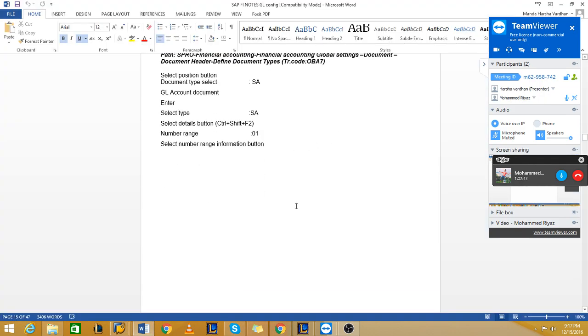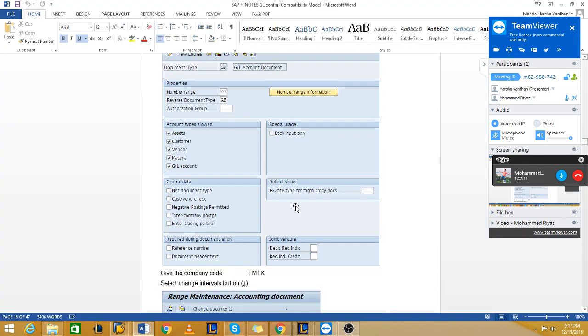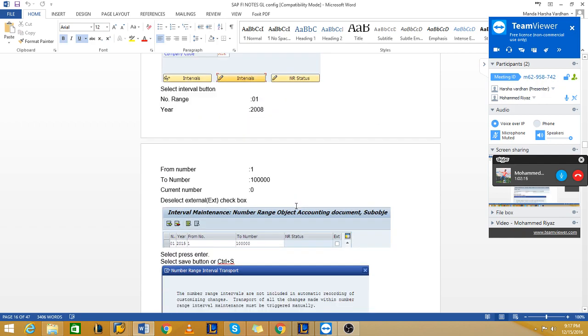With this we have completed document types and number ranges. Document types will be available for all the company codes. Every company code can use the document type and make configurations for it, but the number ranges will be limited to the company code level.